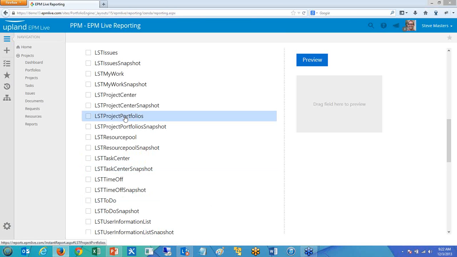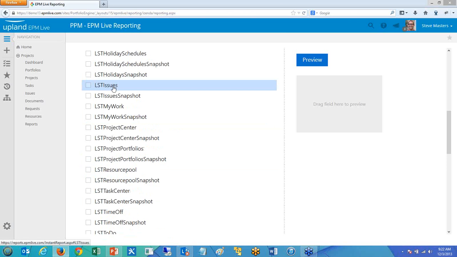Maybe I want to do an issues report. Here's my LST issues table. We talked a bit about snapshots before. If you want to do a trending report, there's a similar table called LST issues snapshot. If you're taking snapshots, you can use that to do a trending report. But we're just going to do a simple report on the data that's in the system right now, let's say